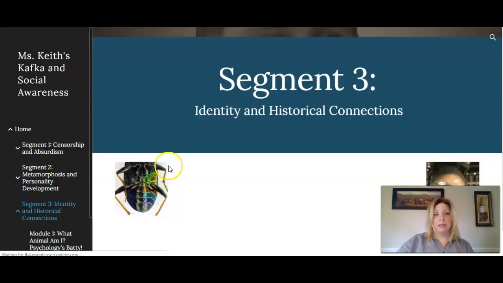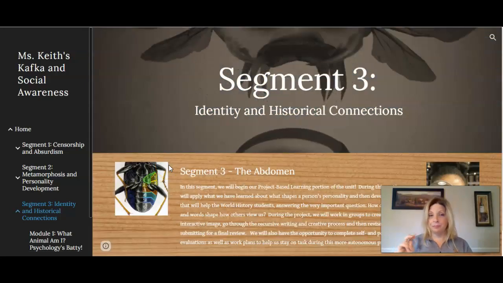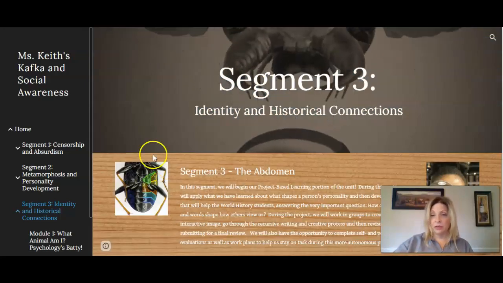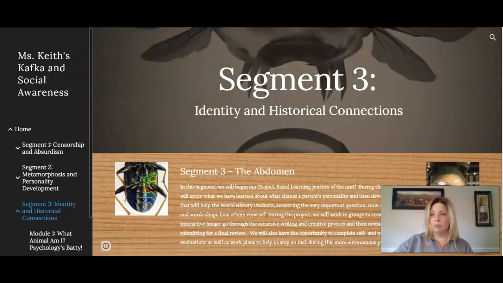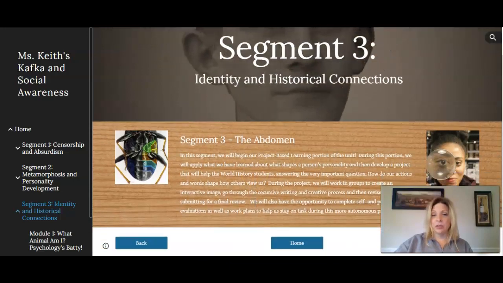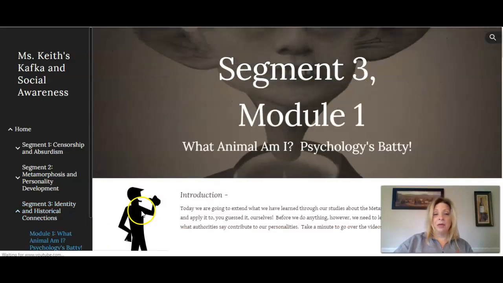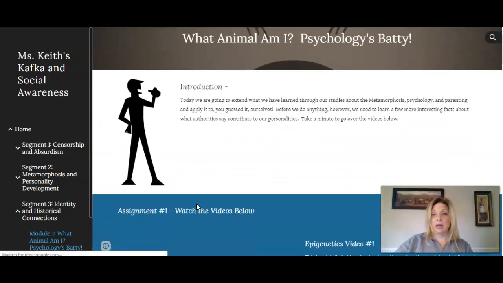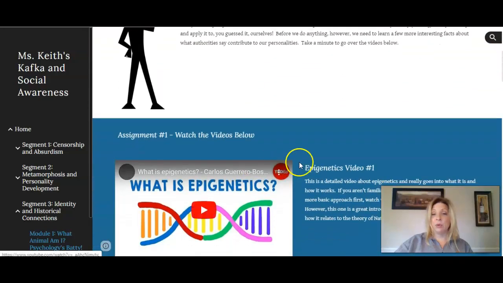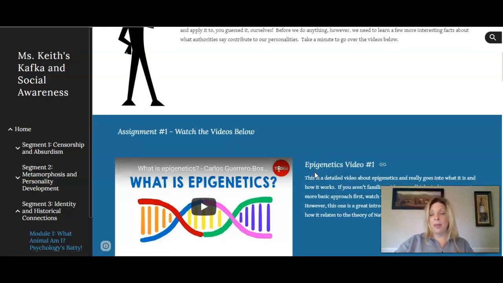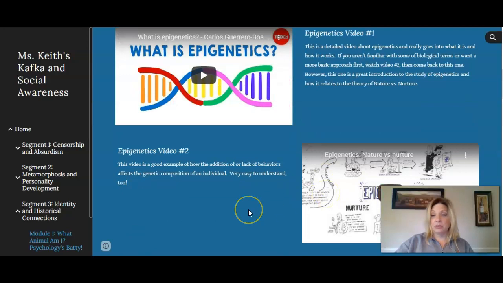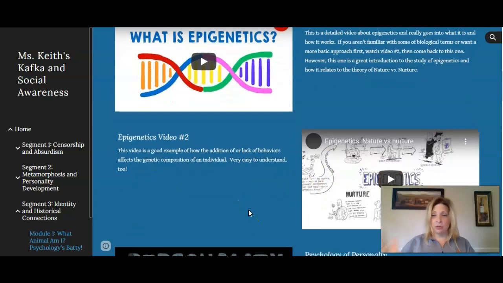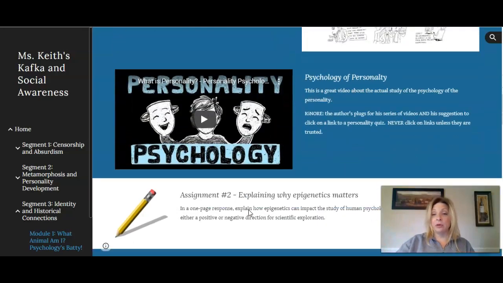Segment 3 is the piece de resistance of the whole project, because this is where we actually get to interact with the history classes. We look at the psychology of personality and what we've just learned from Metamorphosis, and we look at epigenetics and what makes a person who they are and what goes on throughout our lives in our development to create who we are.